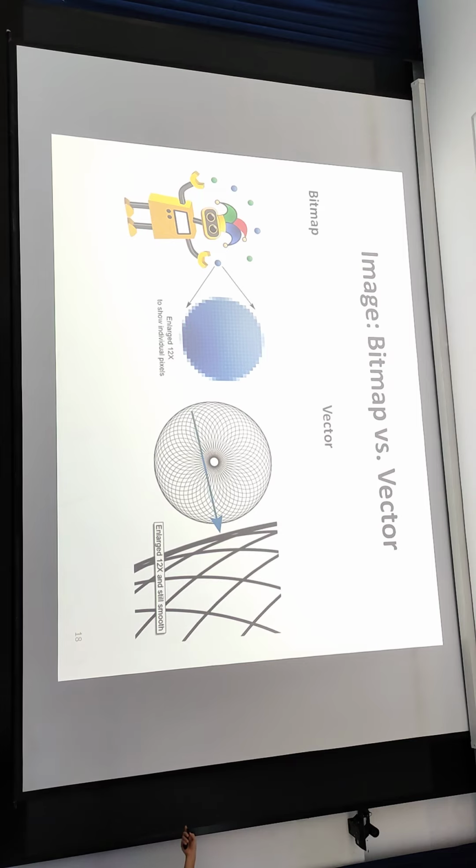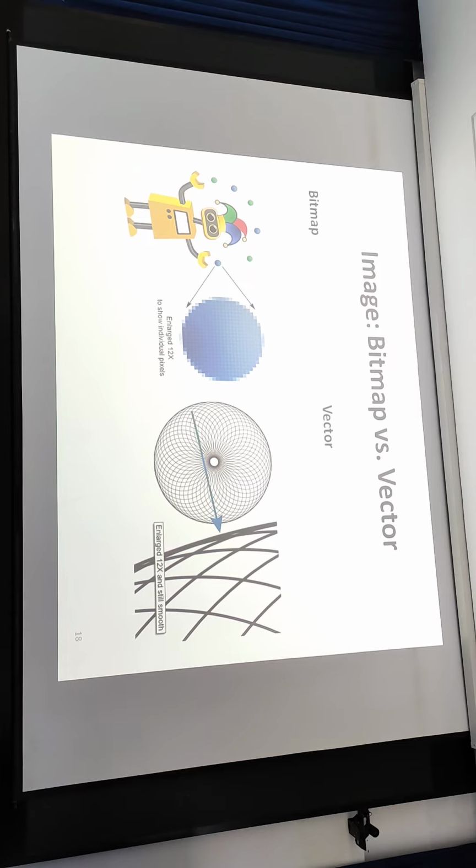But a vector image does not use pixels, dots, to represent the information. It uses the vector. For example, this is a curve.